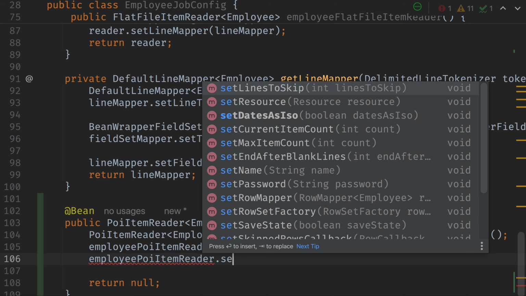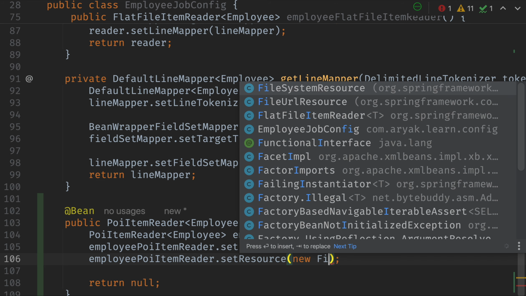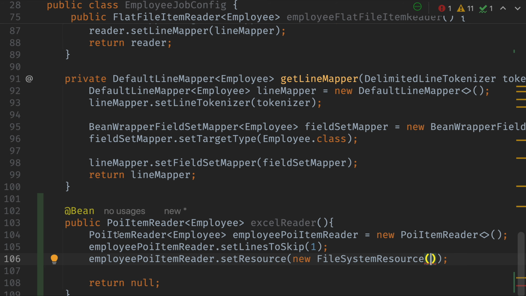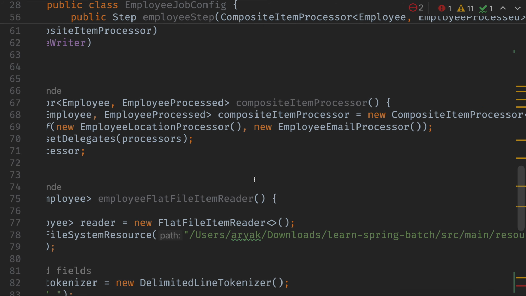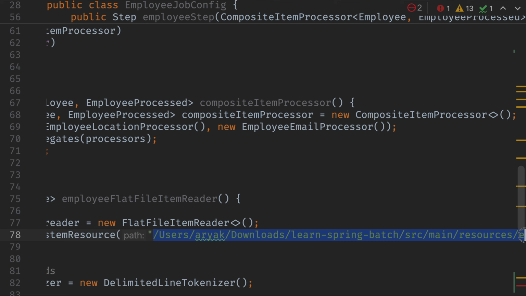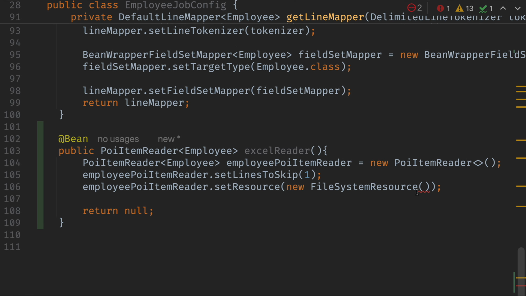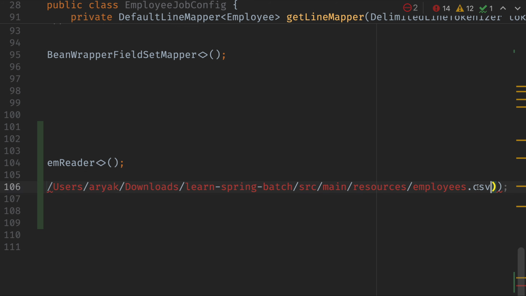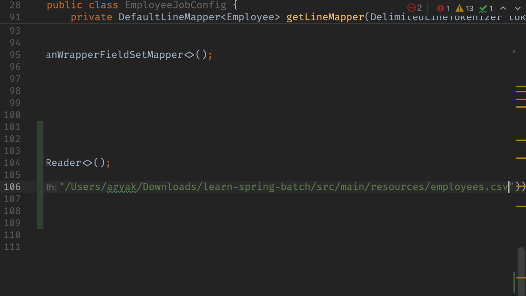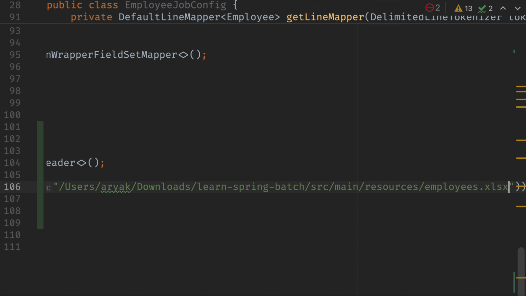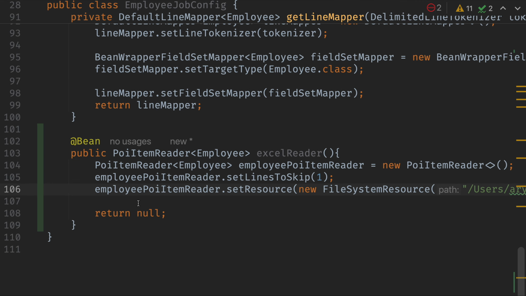Then we can do set resource. So the resource is then going to be a file system resource, and we're going to simply copy paste something from here. Let's copy this. It's in the same directory, the file name is same, just you have to take care of the extension. So from CSV, I'm just going to put xlsx. So we've informed the reader that it has to skip first line. You have to give the path which we have, and now what we'll do is we'll return the reader first,